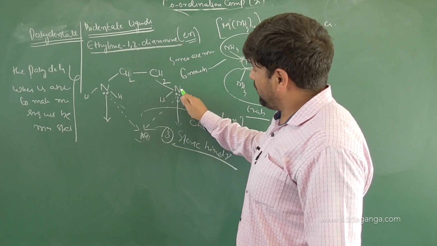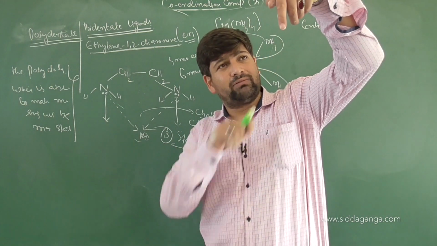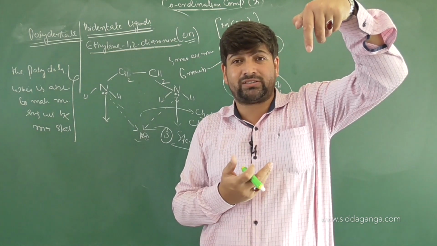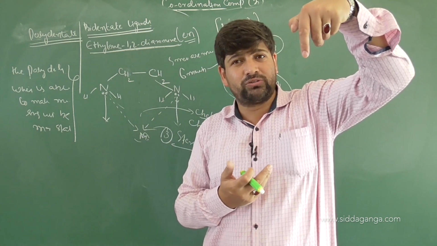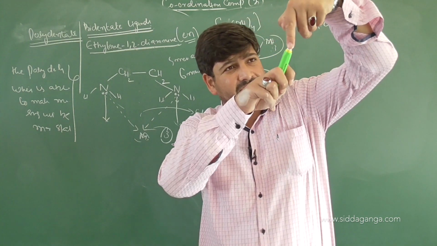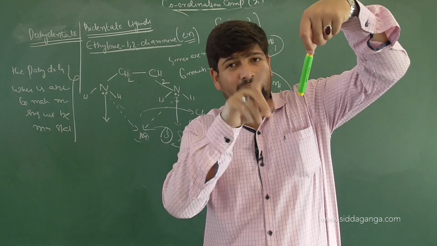Once electrons have been donated to the central metal atom by one of the arms, the chances of the other atom attaching to the central metal atom will increase, because it will be looming around the central metal atom there only. And the chances of collision, as you might have read in kinetics, when effective collisions are increased, the rate of reaction will be more. So if one is already attached, the other is free, looming around, what are the chances of the other end combining more?